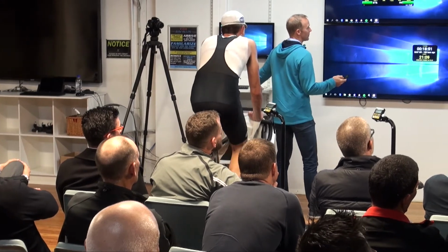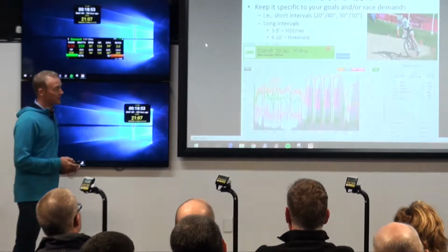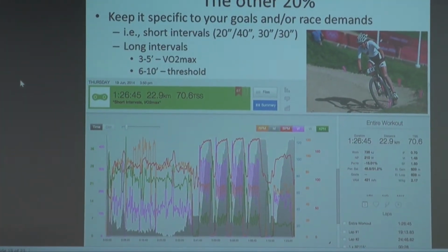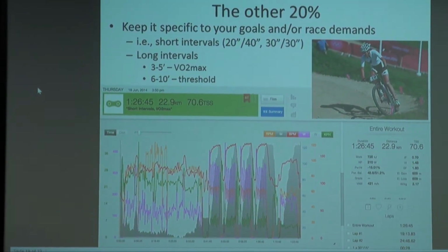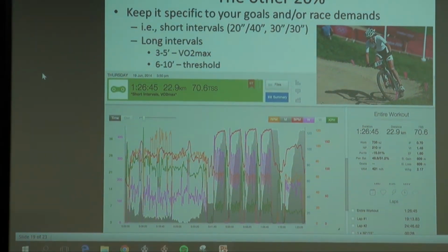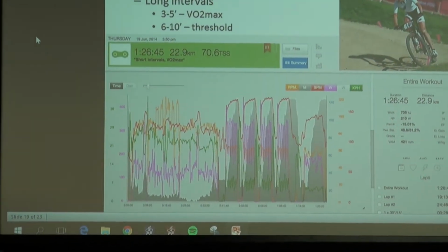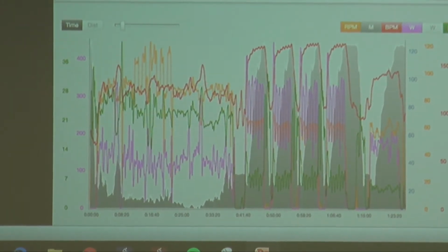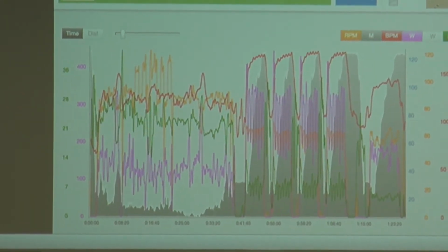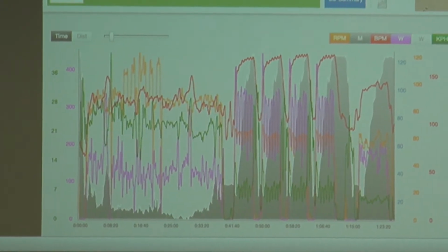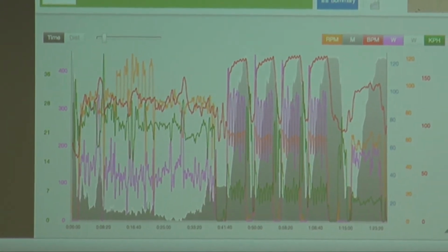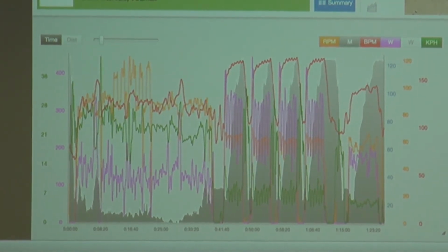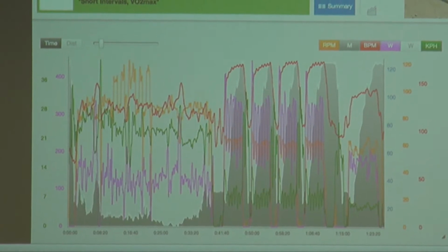I think I'll show you here the next one. Yeah, so here's a classic example. Did Karen train hard for her Olympics? Hell yeah. And this is a classic short interval period that she did. I love short intervals. They're fantastic. So this is the cool thing about this: it's actually done in the field. This is actually done on Karen's farm. She's got loads of mountain bike trails all sitting around there. And here's some short interval examples.